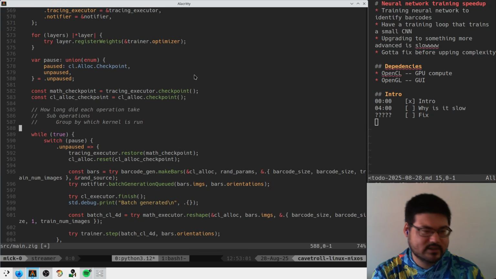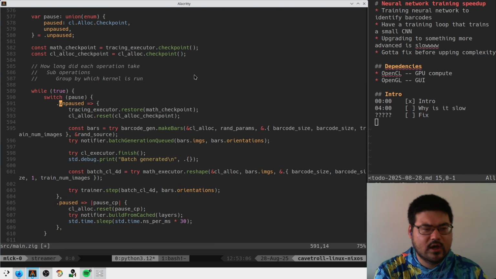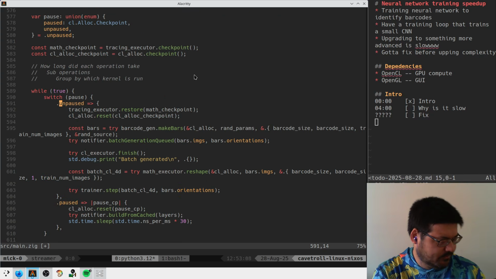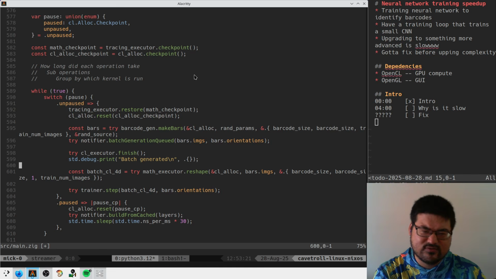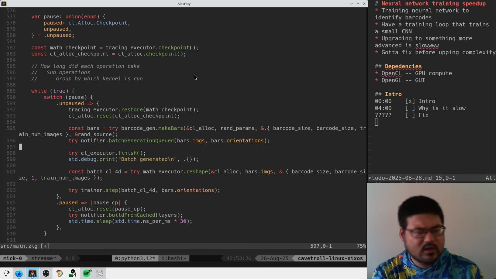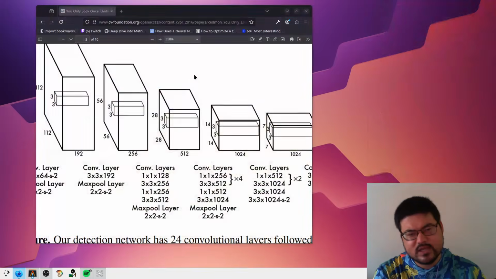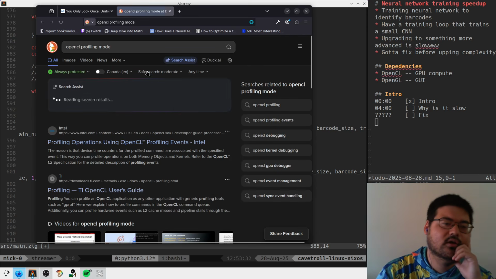Yeah. So let's try to make something that does that. You can also time based off of OpenCL events, which maybe is a more interesting place to start, where OpenCL itself can say, hey, this thing ran on the GPU for this long, and then we don't have to inject these finishes everywhere, which is kind of nice. Yeah, maybe let's do that. There's an OpenCL profiling mode or something